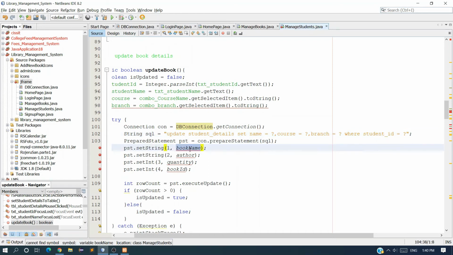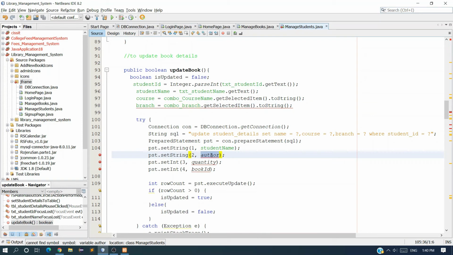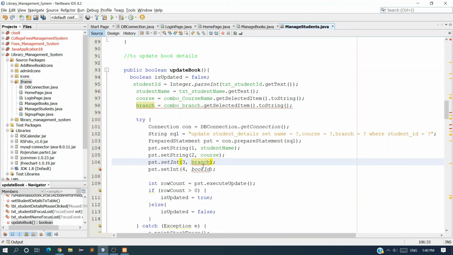Now change the field student name, and here why am I getting this red underline null. Okay, I don't know why. Let's just finish this method first. So student name and course, then branch, and the branch type is string, so set string, and the last one is student id.